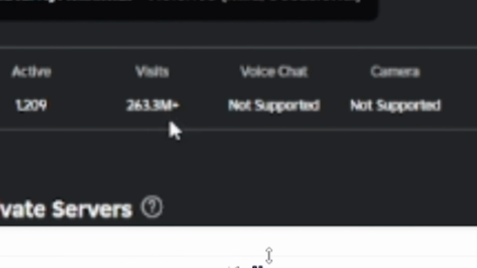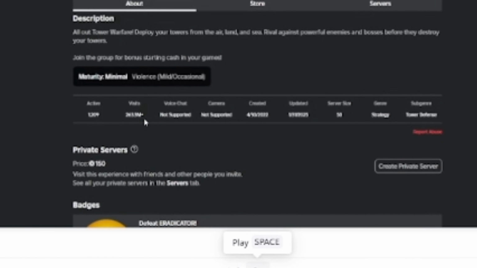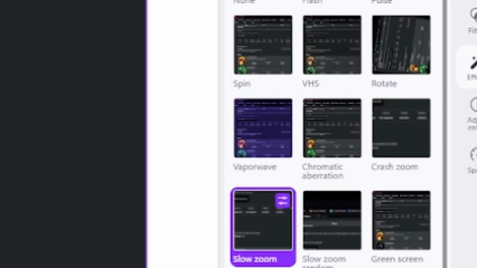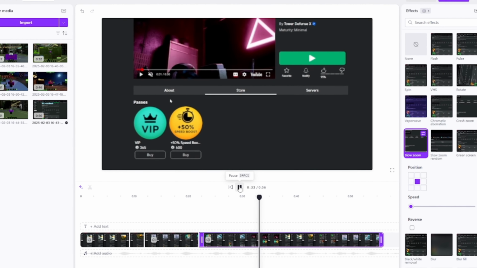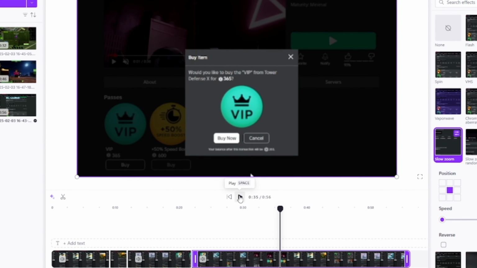It is going to just stand there as the video keeps on playing. And now for this scene, again, go to effect. You're just gonna hit zoom, slow zoom, and it will play the slow zoom as you are doing your thing. Now, I'm not going to do most of this off camera, but again, as I'm